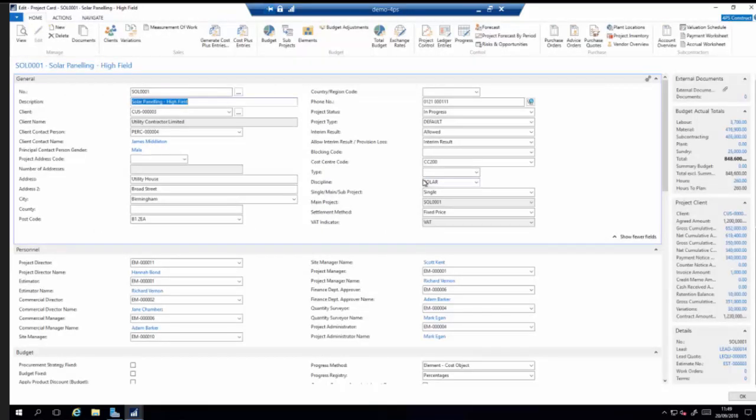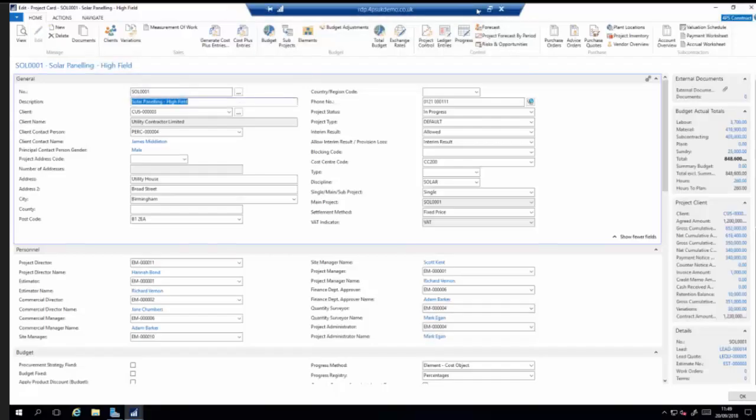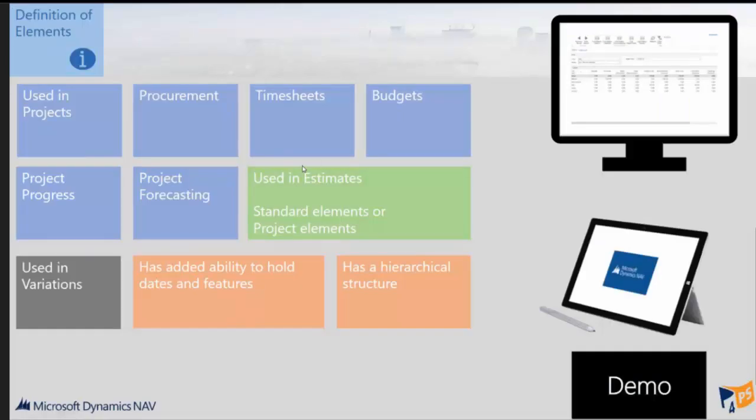Okay, so back to the traditional view and close that down. That's just a flavour of the elements. I'm going to drop my desktop there and go back into the PowerPoint. Sorry. Okay,